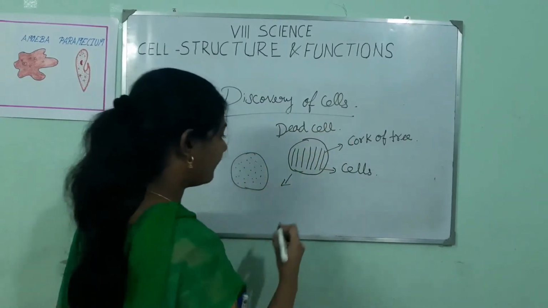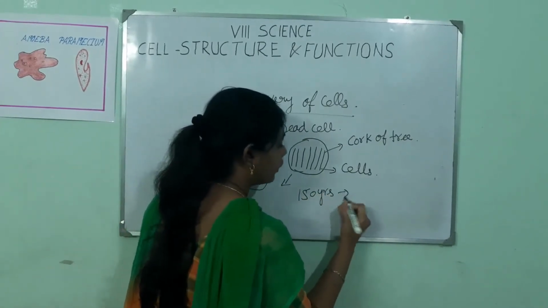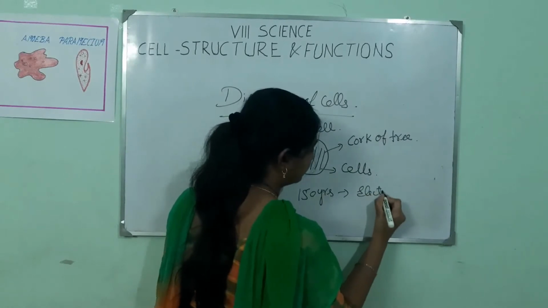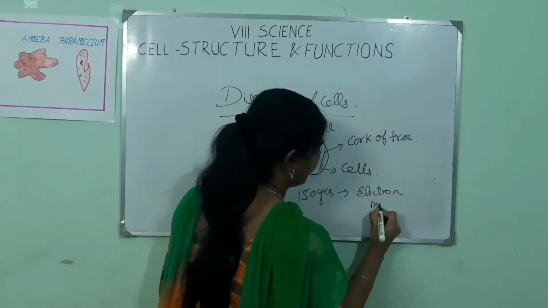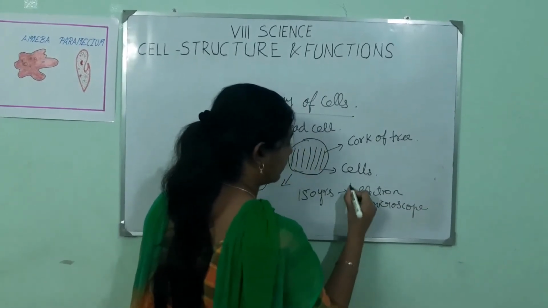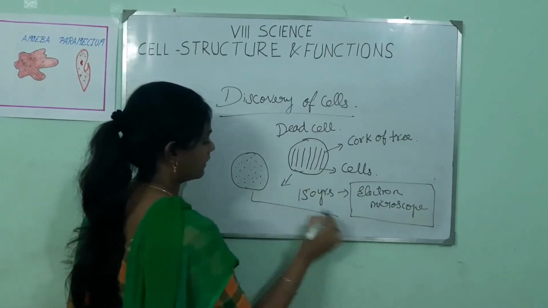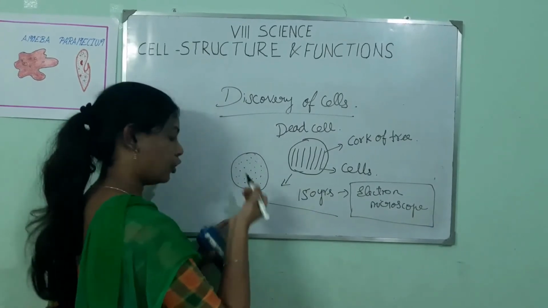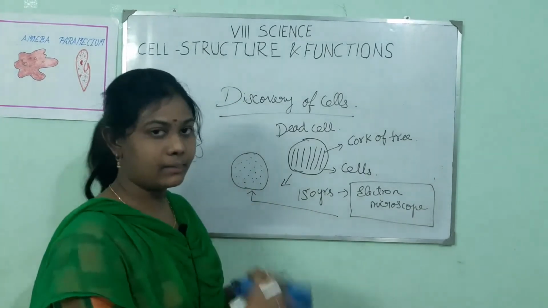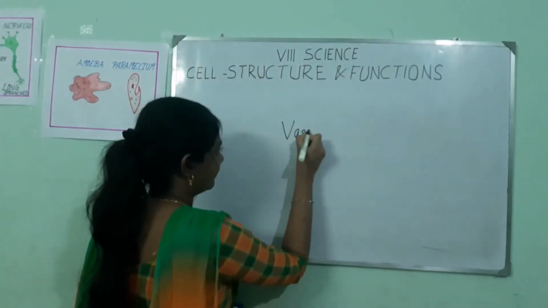Only after 150 years, the electron microscope was developed, and with the help of that electron microscope, we studied the living cell, both human cell, animal cell and plant cell. Next topic is variation of cells